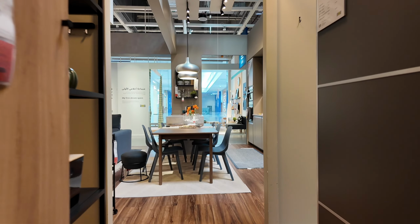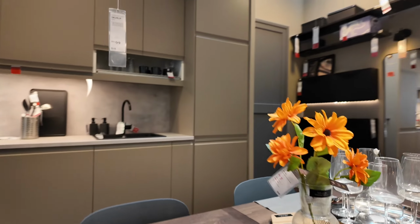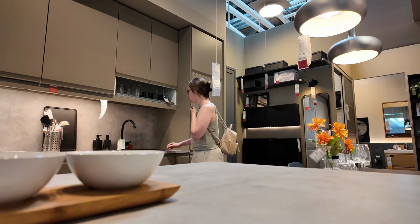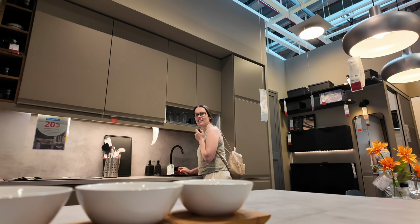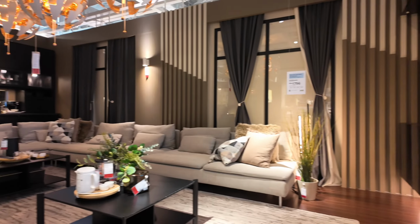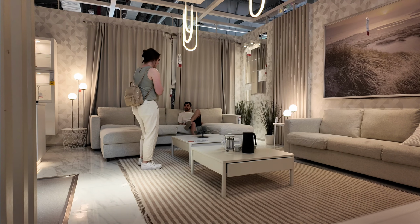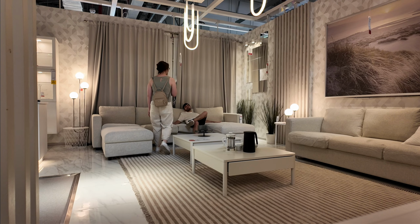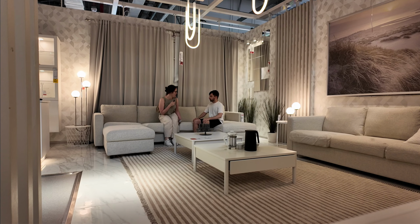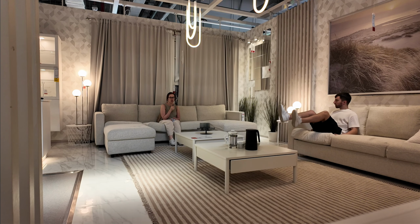Goodness me, that closed very loud. I feel as though we might not have this much space maybe, but we can definitely aim high. I feel as though I could see ourselves living like this. Very comfy. I don't think we'll have a living room this big, but...